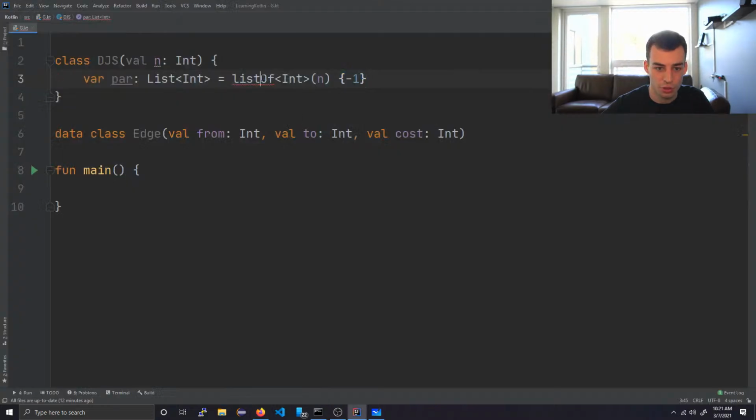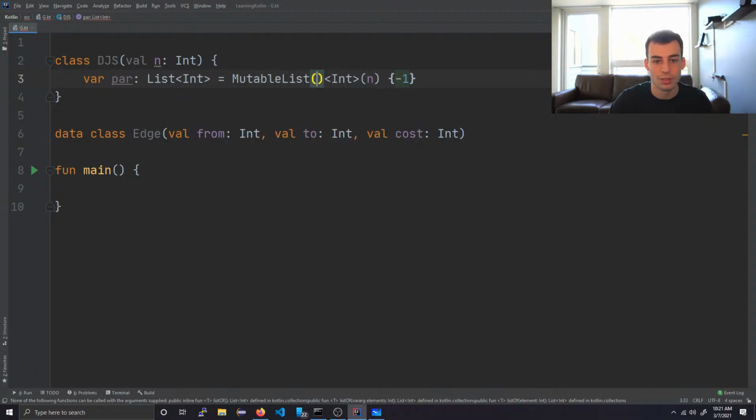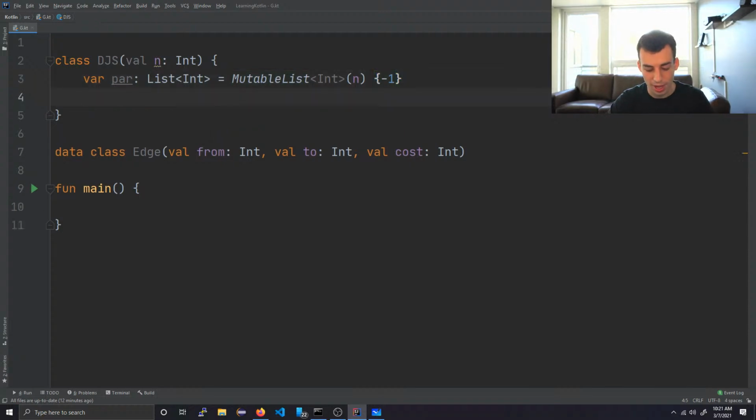Oh, I guess it's just a constructor, not list of. Okay. Mutable list. Cool. Awesome. All right. So that's the parent of everything. All right. So now we have